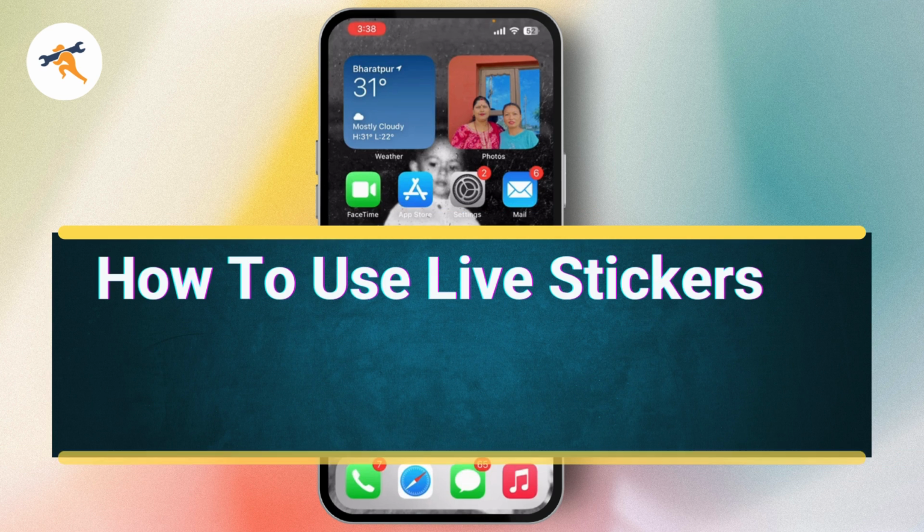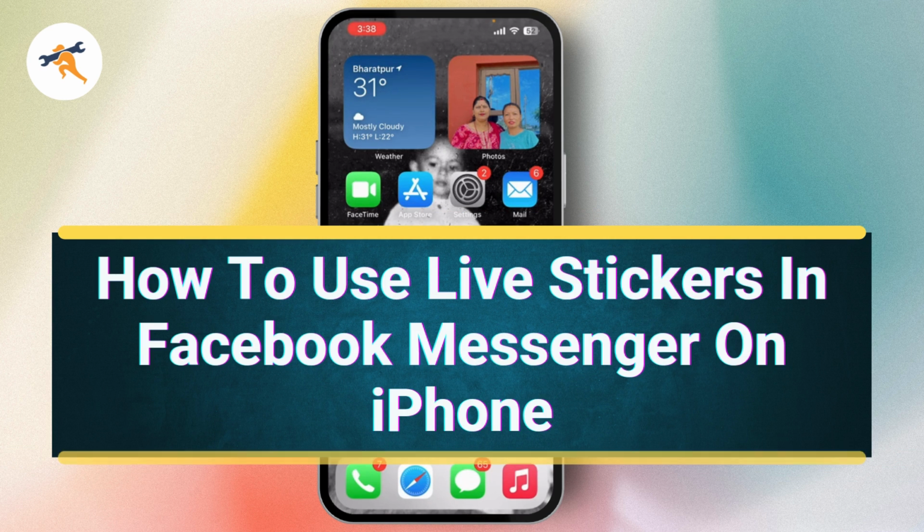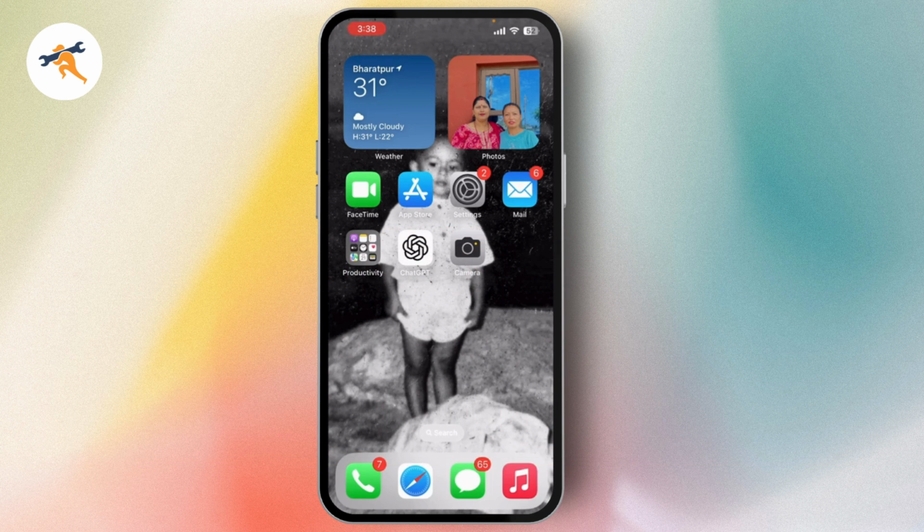How to use live stickers in Facebook Messenger on iPhone. So if you want to use live stickers in your Facebook Messenger on iPhone, then what you need to do is